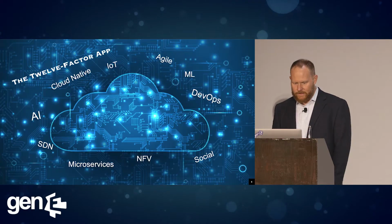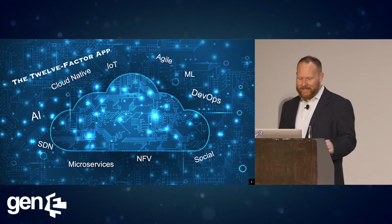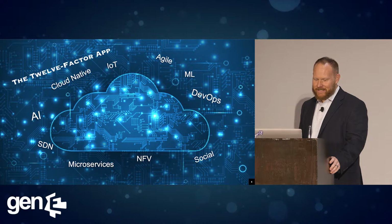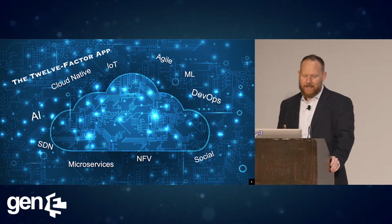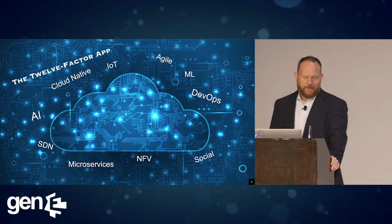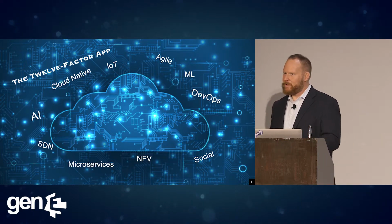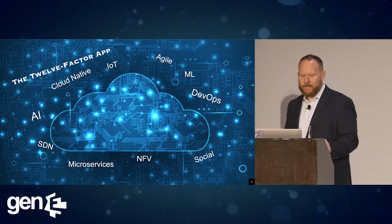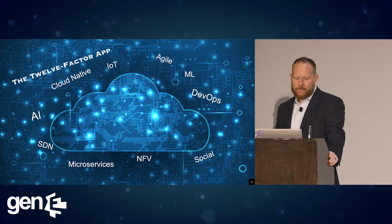So again, the whole transformation. Along with that transformation, there are also all these buzzwords flying around, we'll say in the cloud. As you are being pushed to move to the cloud, you're being asked to do this in an agile way, with DevOps practices. You want to transform your apps to cloud native. You'll hear people throwing around terms like 12-factor app. In the service provider world, you're hearing terms like NFV and SDN, transforming the network to cloud-based services and transforming those to on-demand and software-defined services. And then also